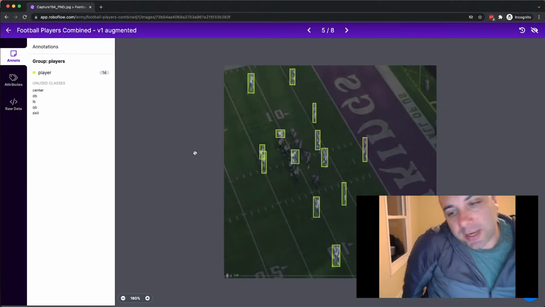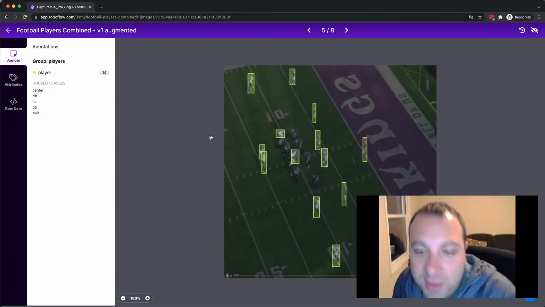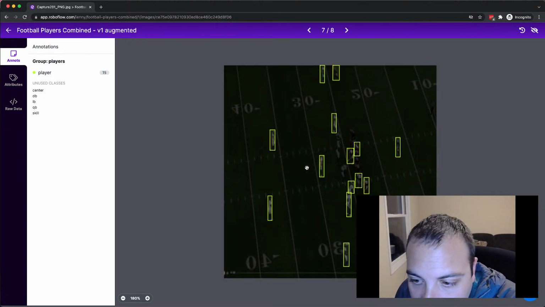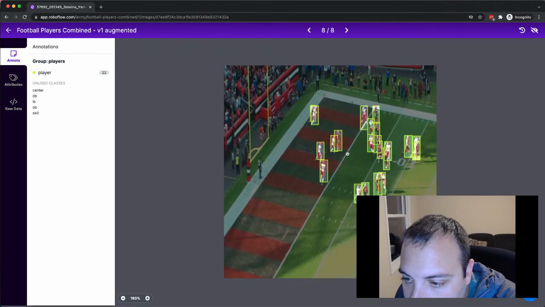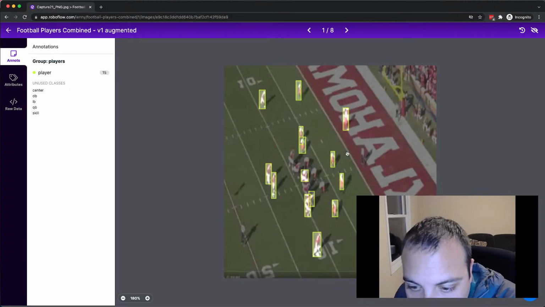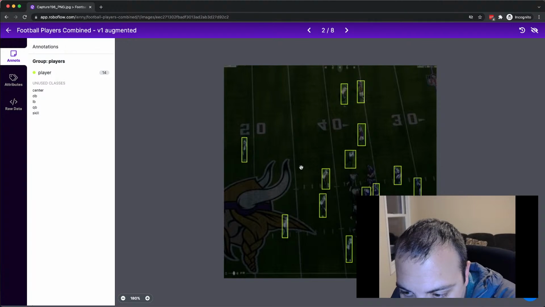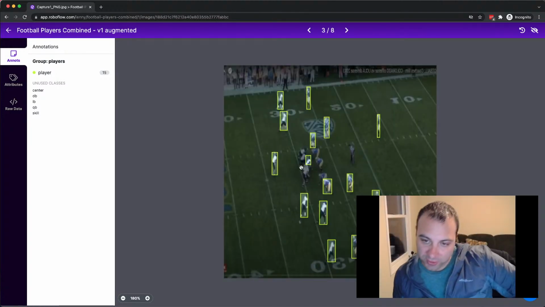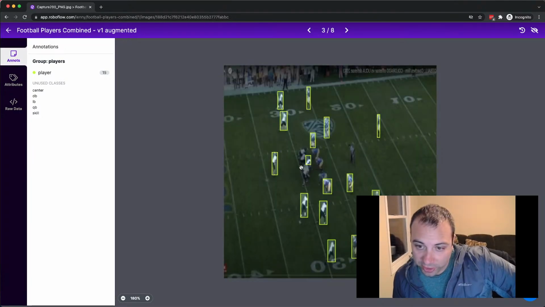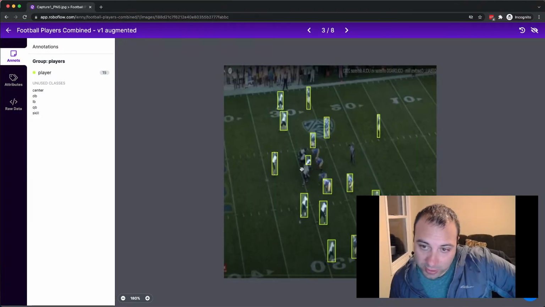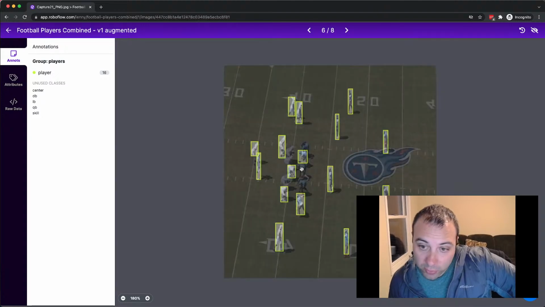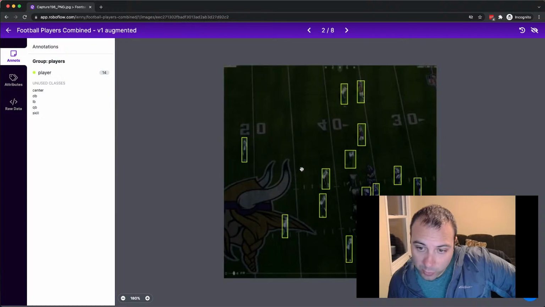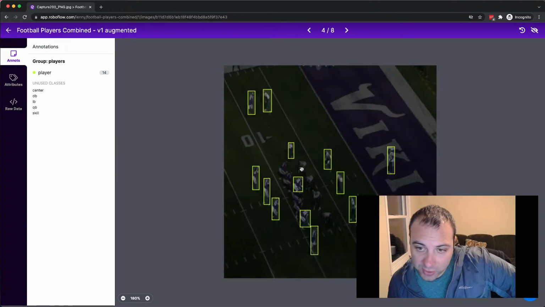So one interesting thing that's going to happen to our model here is Scott hadn't labeled the linemen, but now, in the ones from Kaggle, we do have the linemen and all the positions labeled. I think that might confuse the model a little bit, but maybe it's going to learn something interesting, which is when they're stationary and lined up, don't label them, but when they're moving, do label them, which would actually be really good for our use case,